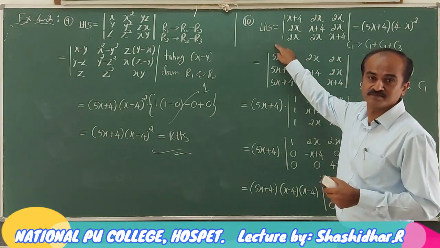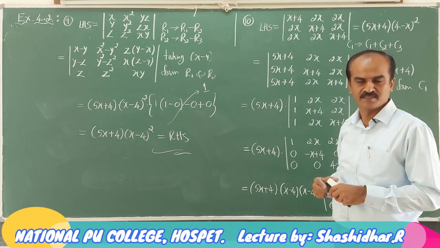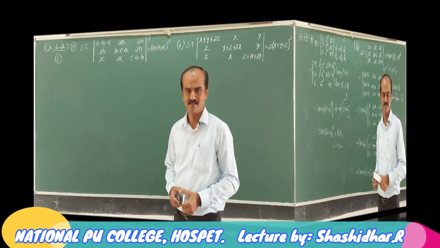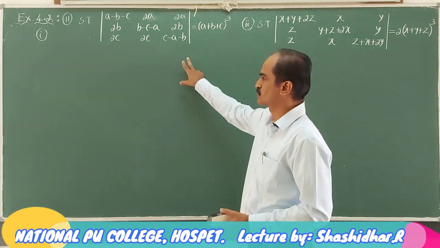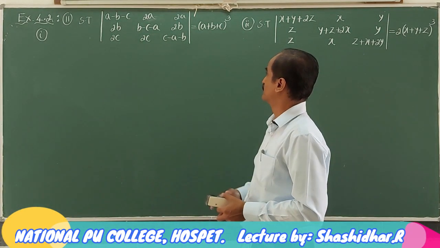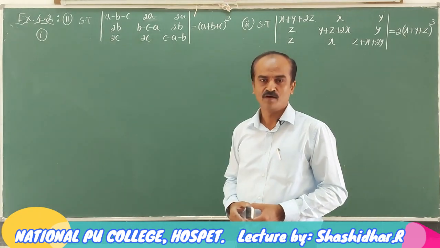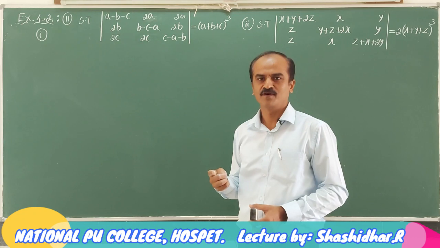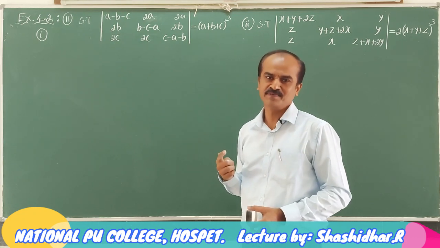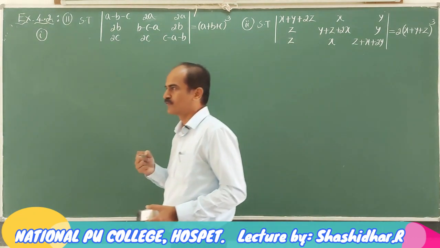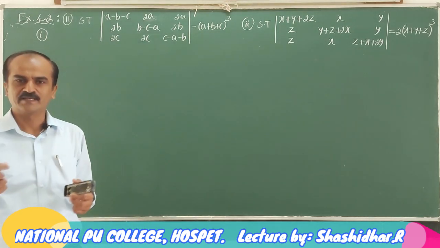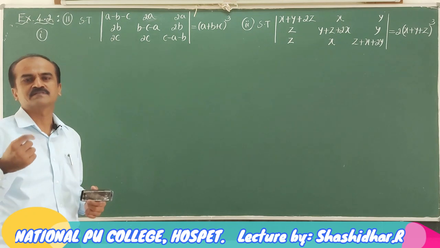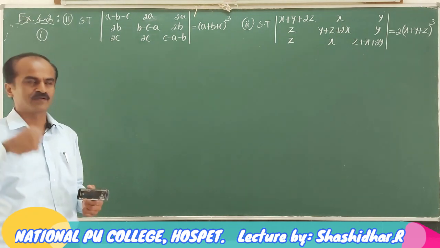Second sub question in the 10th one, you please make an attempt. We will take the 11th question. In the 11th question, we are required to show that the determinant is a plus b plus c whole cube. How many factors? 3 factors are involved. So I have to plan for taking the factor a plus b plus c. So plan a row or column operation so that in that particular row or column all the entries are a plus b plus c so that we can take it common.